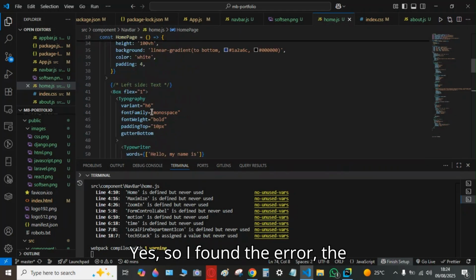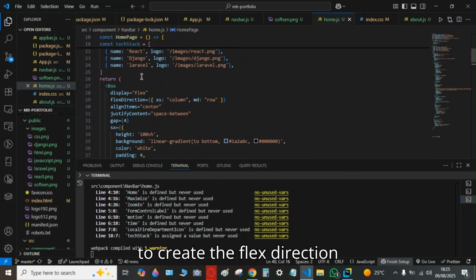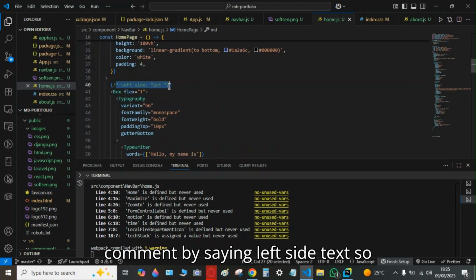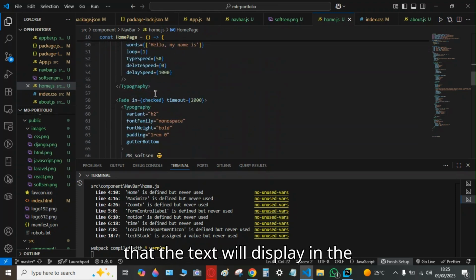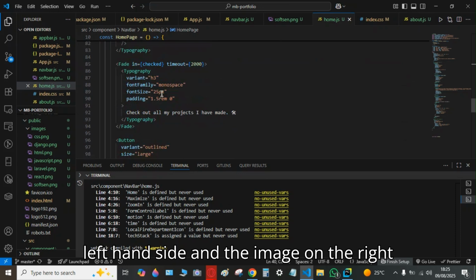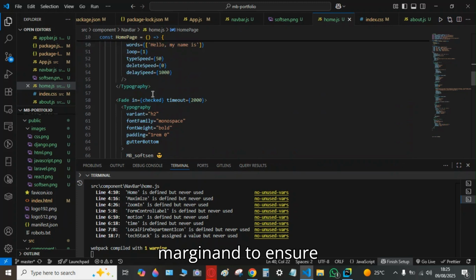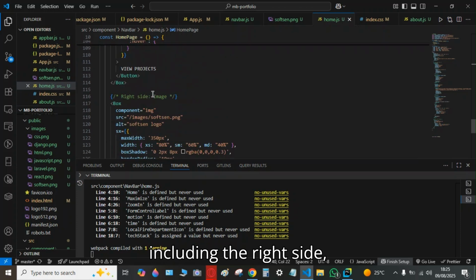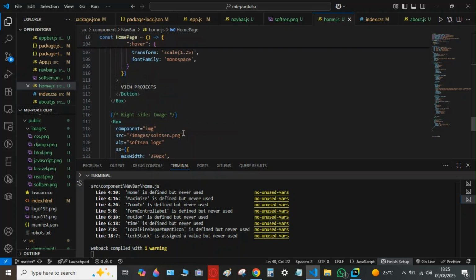Yes, so I found the error. The issue was that I had to create the flex direction where I include the property as column and row, and I added a comment by saying left side text so that the text will display on the left hand side and the image on the right hand side. So I just use the flex margin to ensure that the texts are in the right place, including the right side, which includes the button and the images,